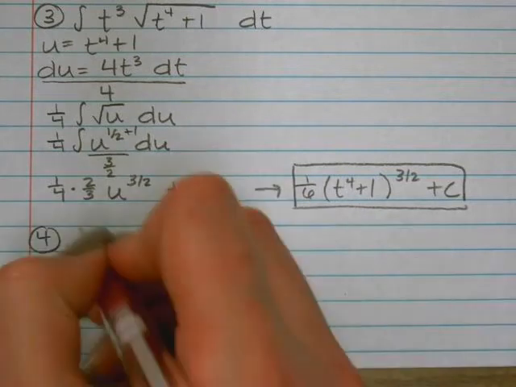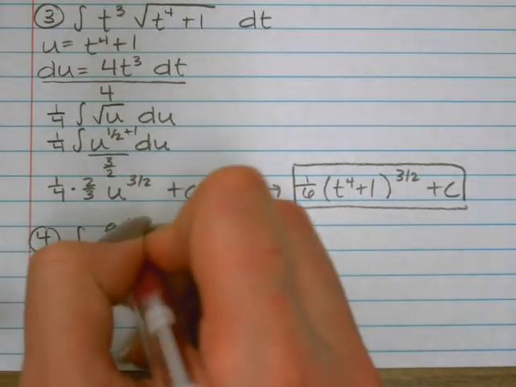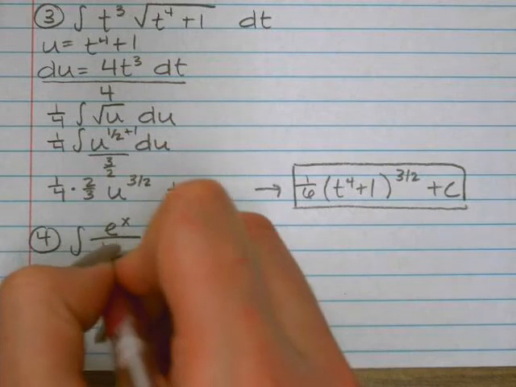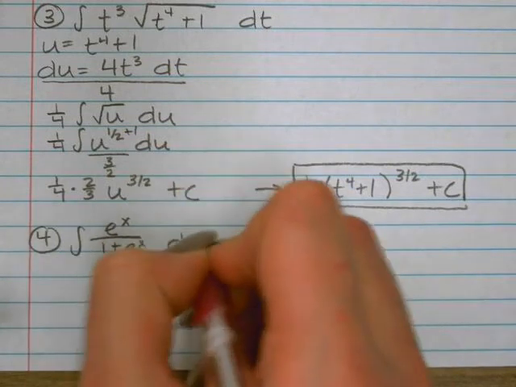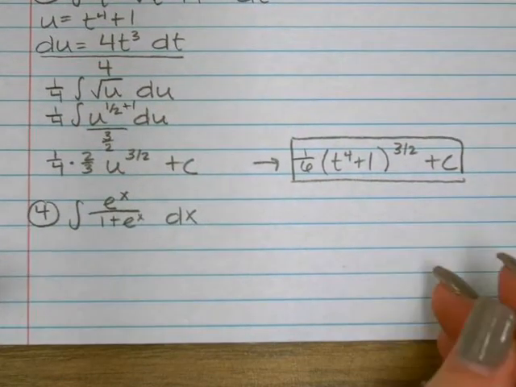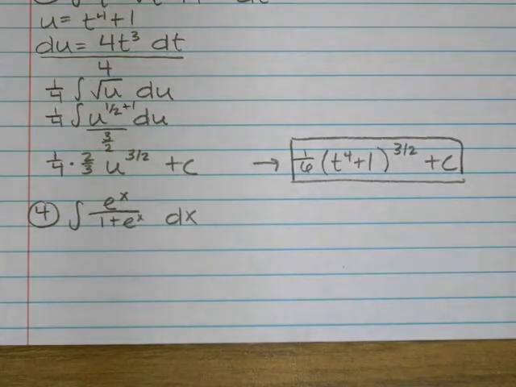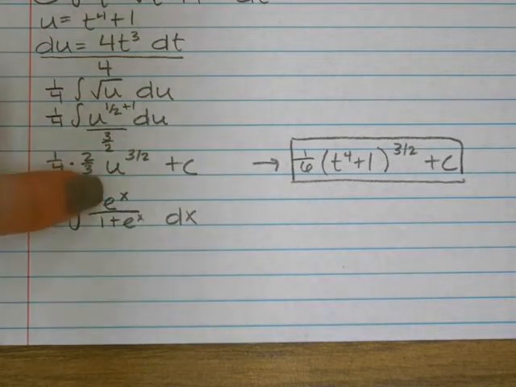All right, let's look at this one. So e to the x over 1 plus e to the x dx. So I know that the derivative of e to the x is e to the x. So it appears that this could go both ways. But I have to think about one of these is on the bottom of the fraction and one of these is on the top. So if I use the top as my u, the derivative of e to the x